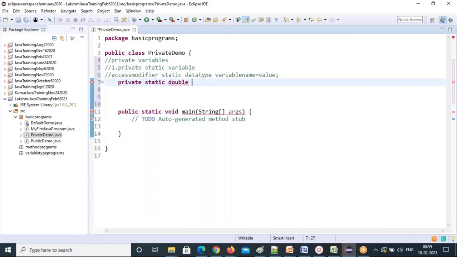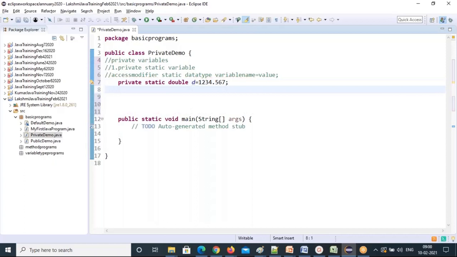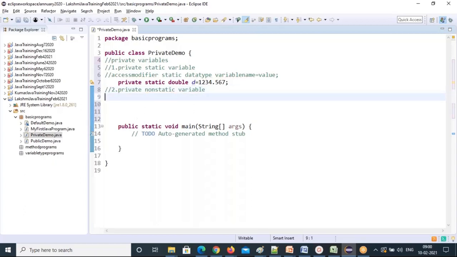So double d equal to, like this, a double data type I declared. And then the second variable, a private non-static variable. So these two types of variables I can create.